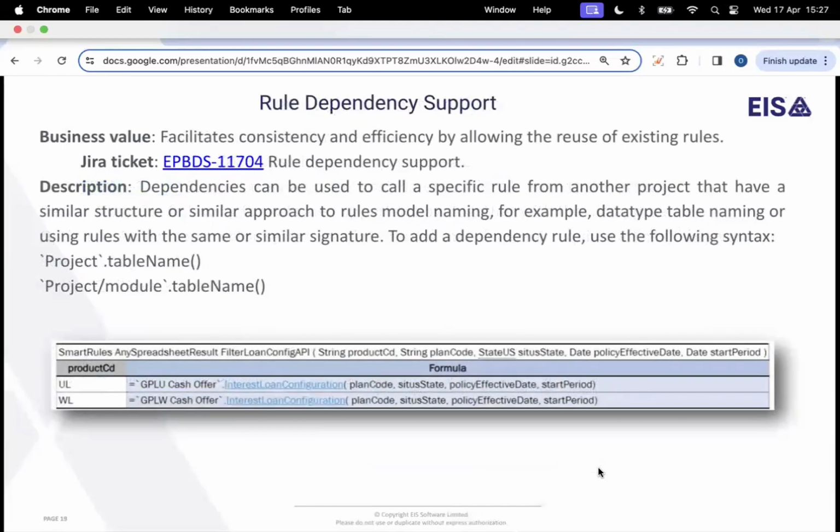Rules dependency support. In some projects, the rules and data types were created, and then it became obvious that they are used in other projects. So the solution could be to copy paste them in every project, which is not very efficient work. And a feature was introduced that you can create a dependency to another project and reuse the rule or data type